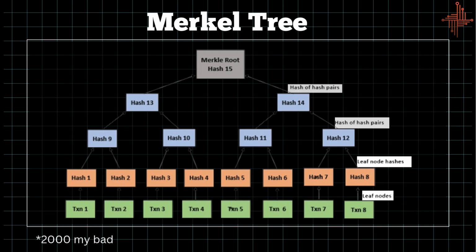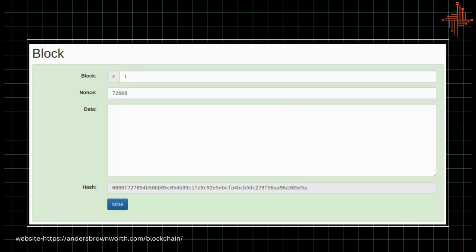So let's get back to the demo. We talked about the components which a block consists of in Bitcoin. The first one is the block number. As you can see, it is unique for each and every block. The second is the nonce, which we talked about. It is the number which the miners keep changing to get the perfect hash which satisfies the difficulty target, or the hash rate of the block. And the third one is data. As you can see, the current difficulty target of the block is 4. So we can see the hash of this block starts with 4 zeros.